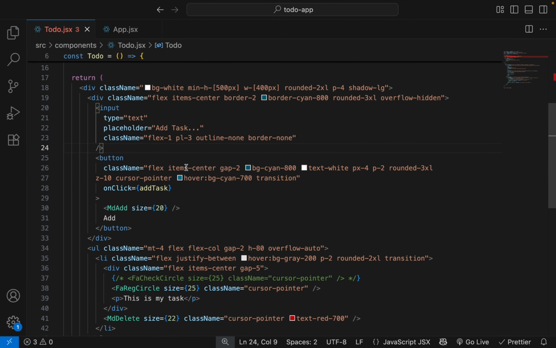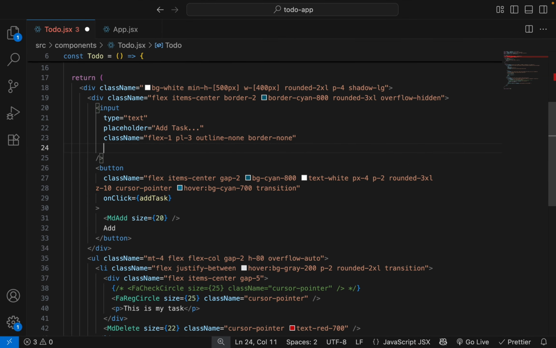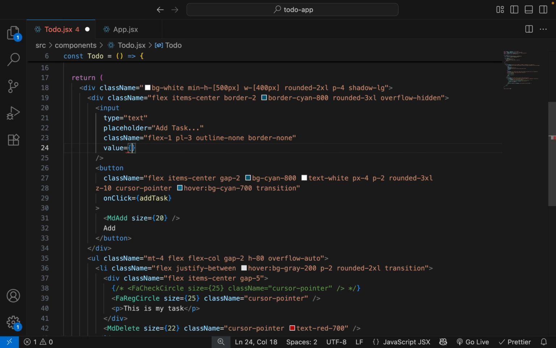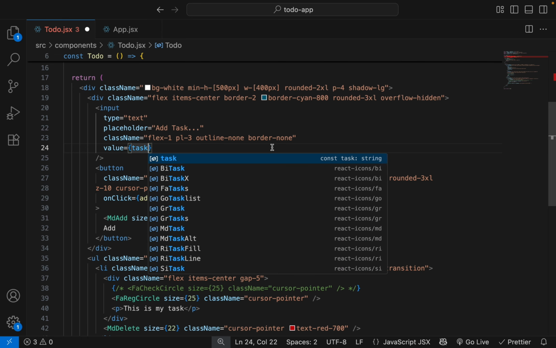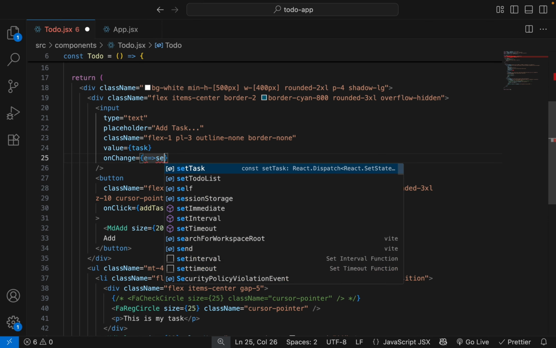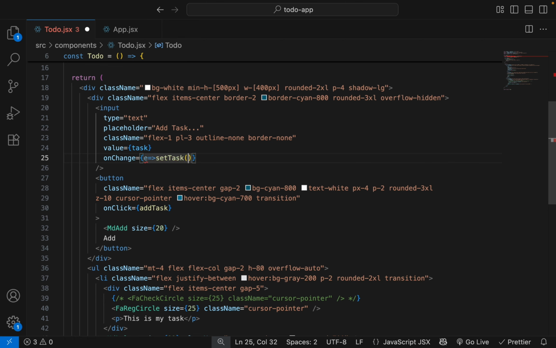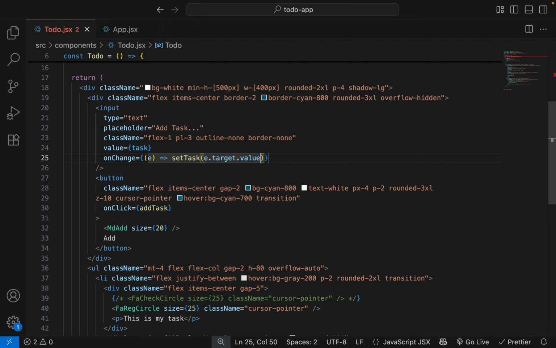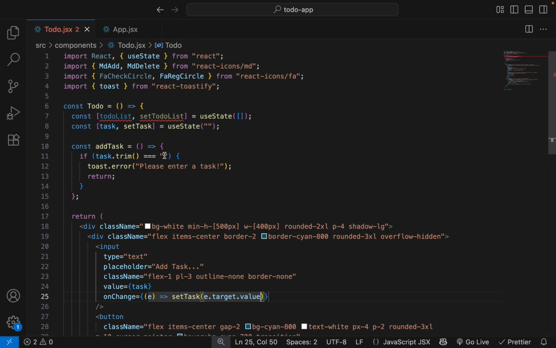After that, on input we will give value is equal to task and on change event equal to set task event target value. So our task value will be updated.